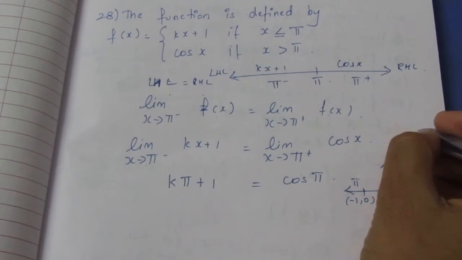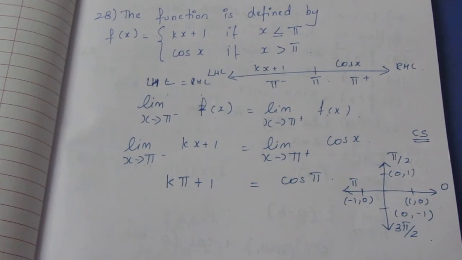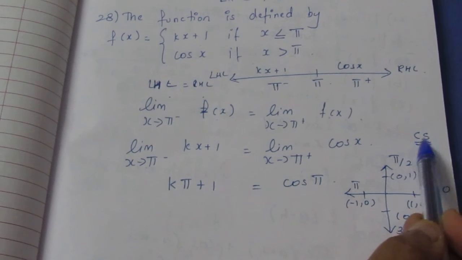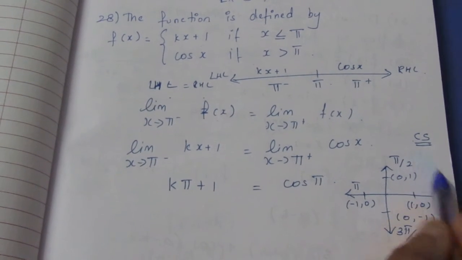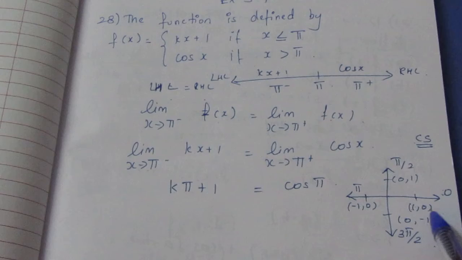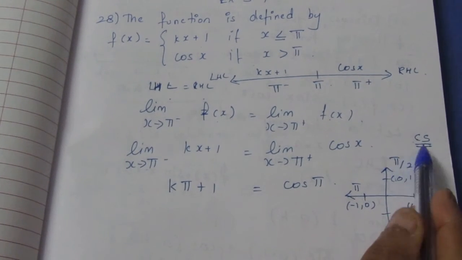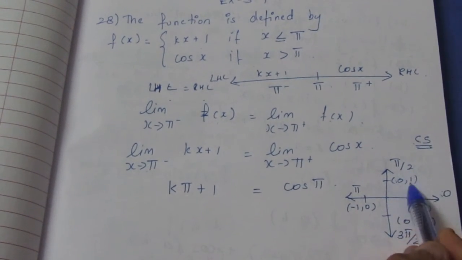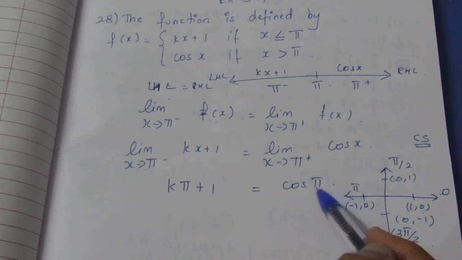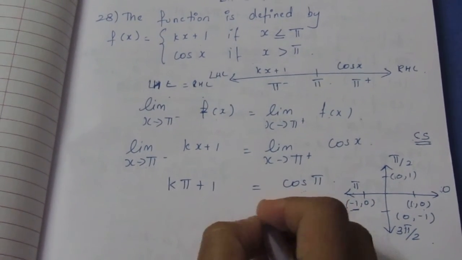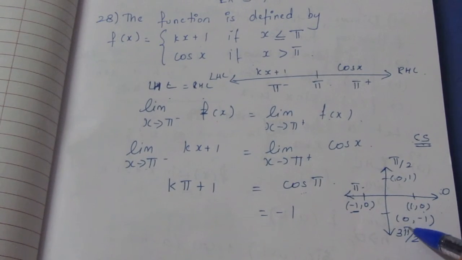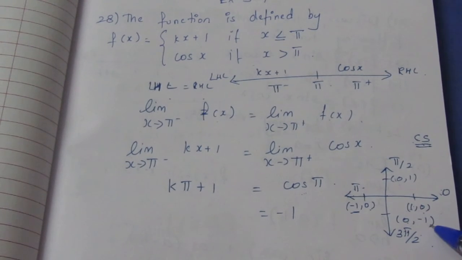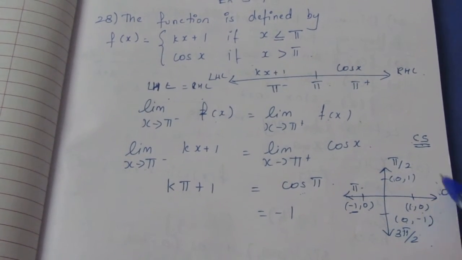Now always remember CS. In alphabetical order, cos comes first and then sin. So always remember CS. If it is CS, the first one is cos, the second one will be sin. So here cos and sin. Value of cos 0 is 1, sin 0 will be 0. Same way cos pi by 2, that is cos 90 is 0, sin 90 is 1, and cos pi, that is cos 180, is minus 1. So you can write it to be minus 1. And similarly sin 180 is 0, cos 270 is 0, sin 270 is minus 1. This is the easy way of remembering these values.